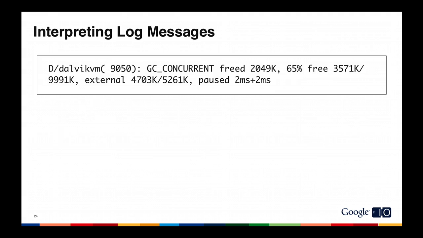The most basic tool you can use for understanding your app's memory usage is to look at your log messages. These are the log messages that you see in DDMS in the logcat view. You can also see them at the command line using ADB logcat. And every time a garbage collection happens in your process, you're going to see a message that looks something like this one. And I just want to go through the different parts of this message so you can better understand